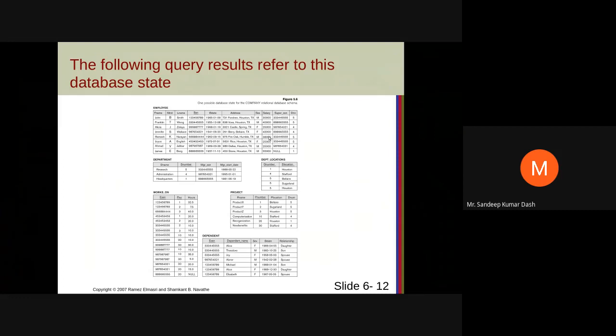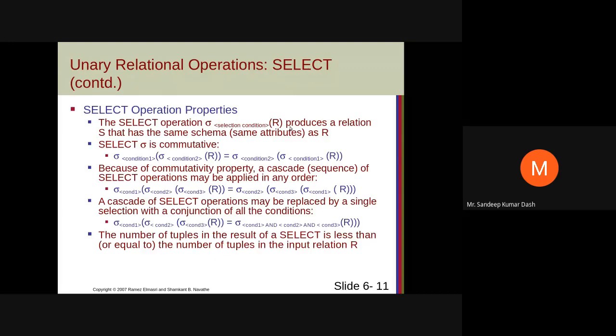So if I say that condition one is first, salary greater than 30,000. If you reverse, first you select where department number equals 5. These rows you will get: 1, 2, 3, 4. Then you apply the condition. Out of these rows, salary should be greater than 30,000. So this one is selected. This one is selected. The same result you will obtain. Yes or no? So the conditions can be reversed. Okay. So that's why this is called the commutative property.